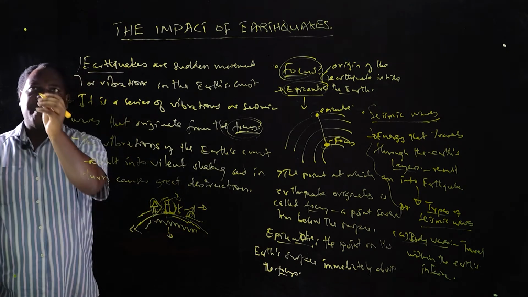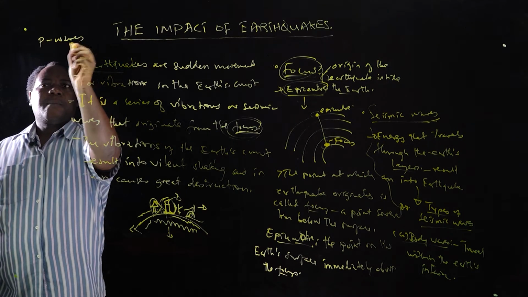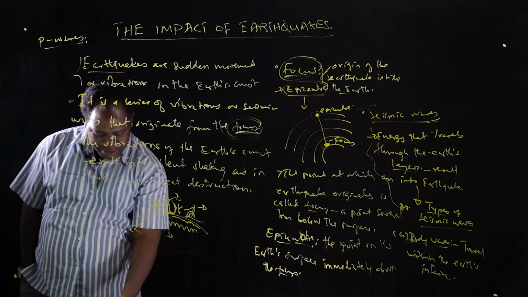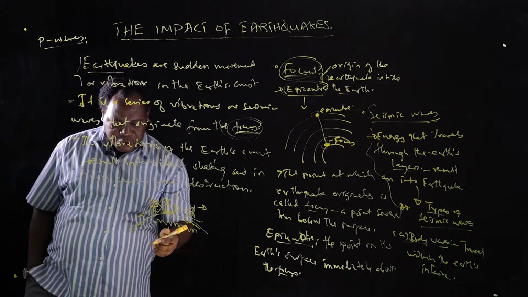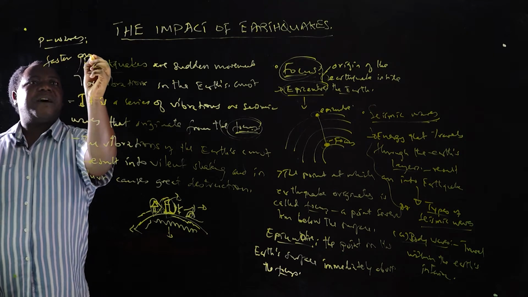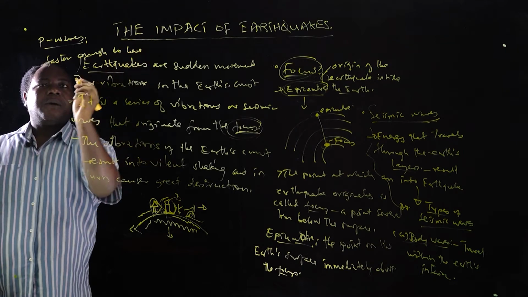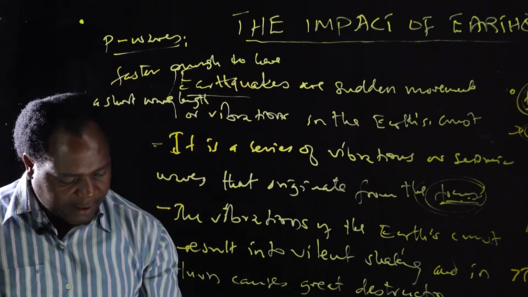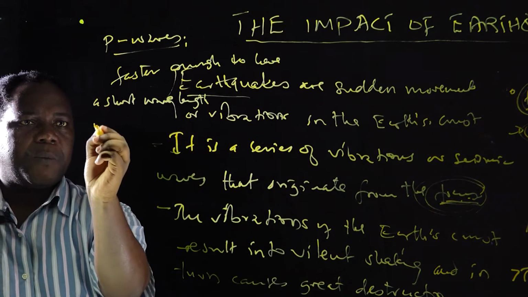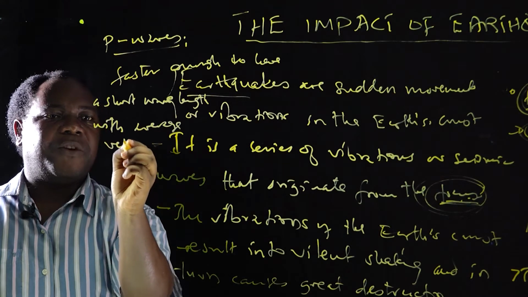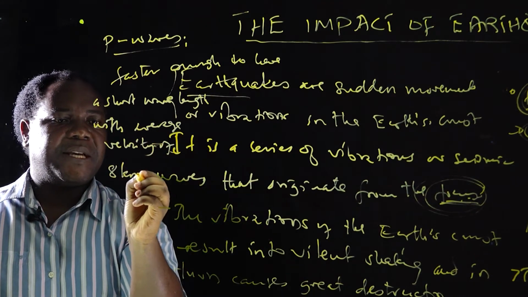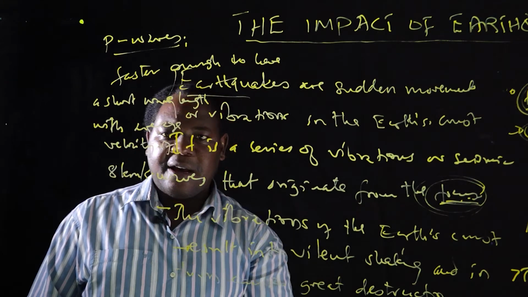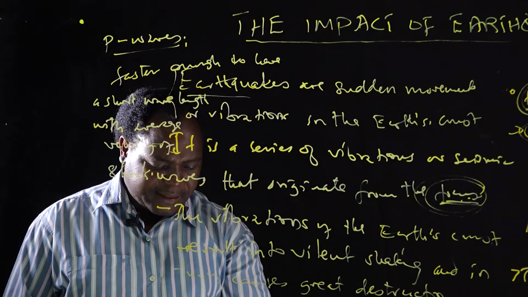So when we speak about P waves, this is one of the first category that we call body waves, and these are fast enough to have a short wavelength, with an average velocity of 8 kilometers per second. Okay, and therefore we are saying that these primary waves are very powerful, that they can travel through both